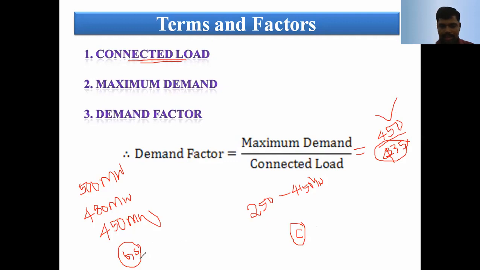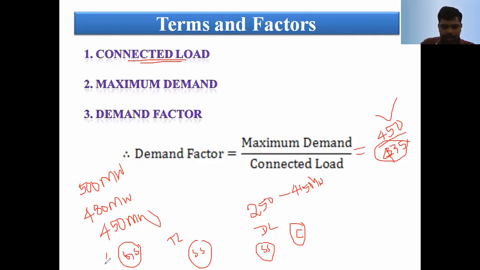Once the power is generated in the power plant, we need to send it to the consumer via transmission line and then distribution line. There are no other options. In between, a number of substations are available. Here a substation is there, and here a substation is there. Again on the distribution side, the secondary distribution line, the 11 kV is stepped down to 440 volt. After that, it is connected to the consumer.